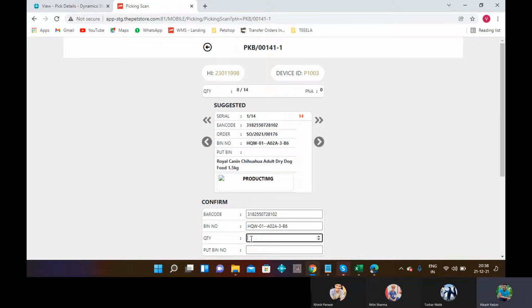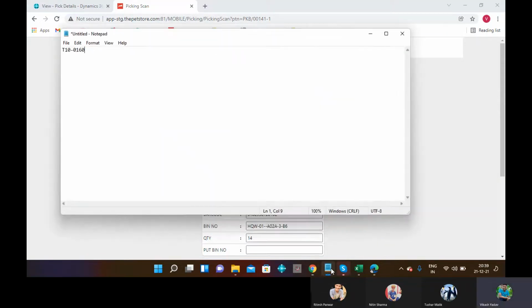Here we can enter the quantity we want to pick. Select a quantity. Here we can put a bin number. I already have a bin number.